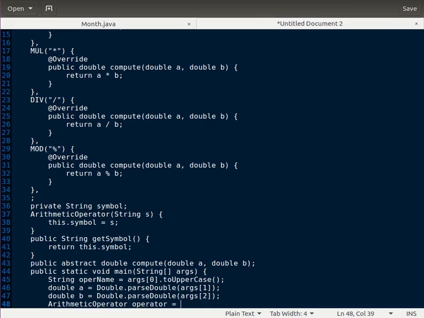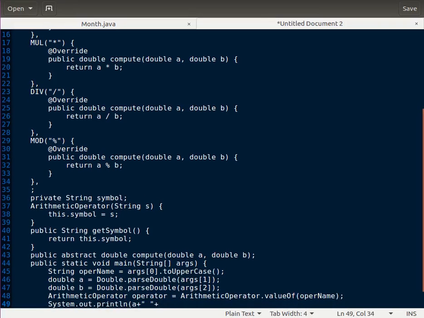Equals, when getting the operator. Fine, and then straight away we can say operator dot get symbol plus space plus B plus